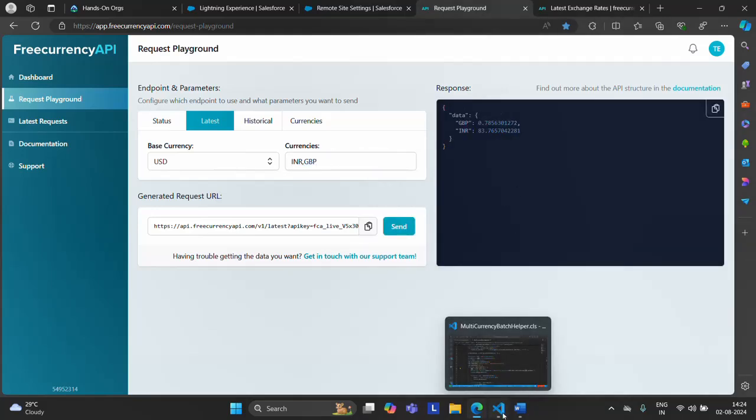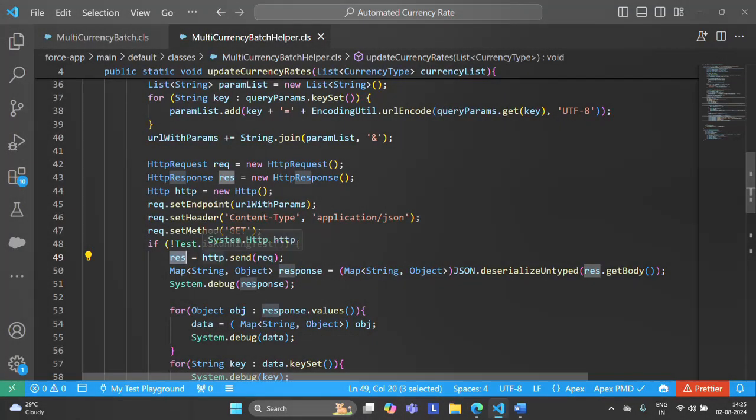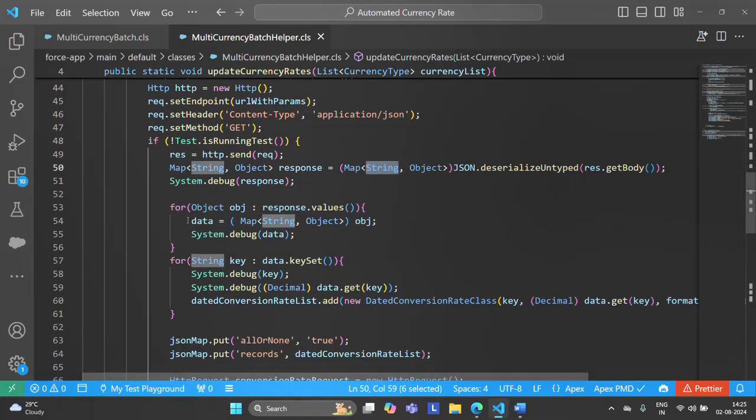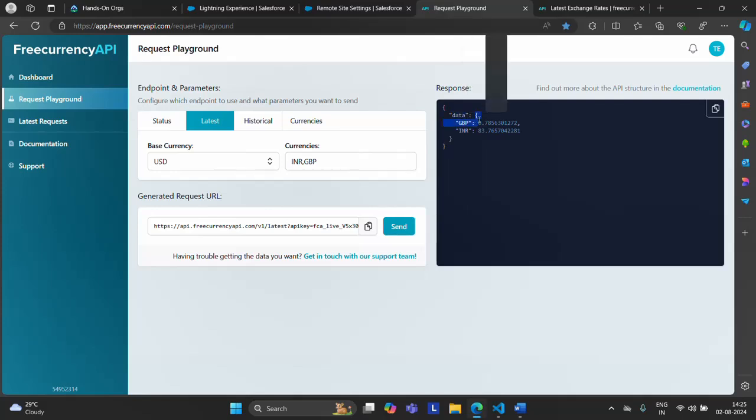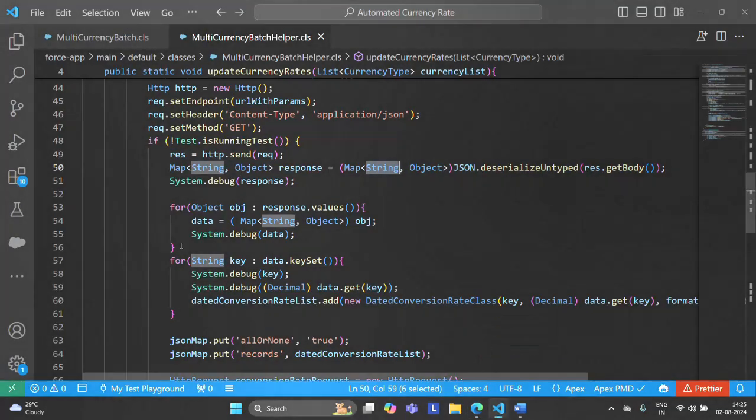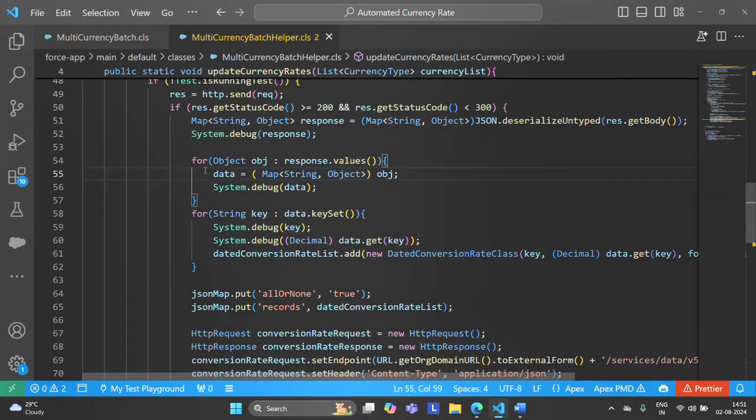So you need to deserialize this data, right? So how will you do that? I will create a map of string to object, and I will use json.deserialize and cast it to this format. After casting, you will get an object with key and value. So your key will be data, and the value will be this entire object, from here to here. So you need to cast it again, right? The same thing I will do here. As the value is that entire JSON, I will cast it into this format and store it in the data. So up to this you will find the data, that is the latest conversion rate.